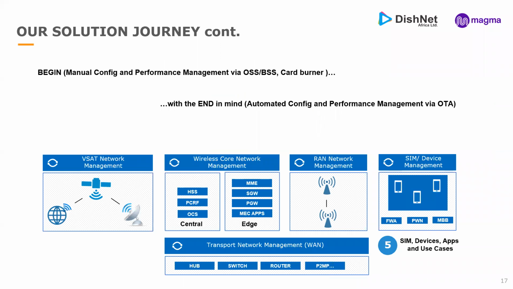So this is a complete end-to-end view. Now I'm going to talk about SIM card management. First we were using the Magma HSS system to configure the SIM card and other things. Then we connected with the OCS, and now we use the 6K OCS and HSS to configure the SIM card and other data. Currently, next slide please.